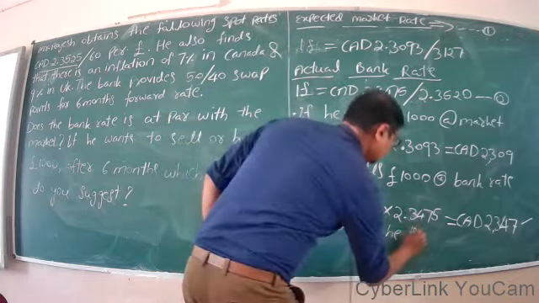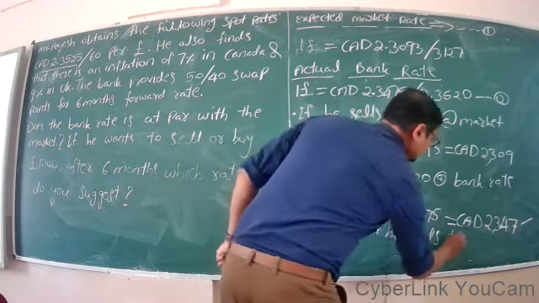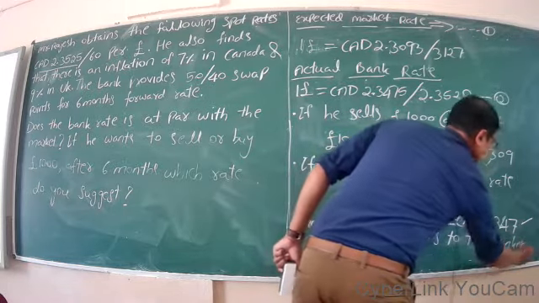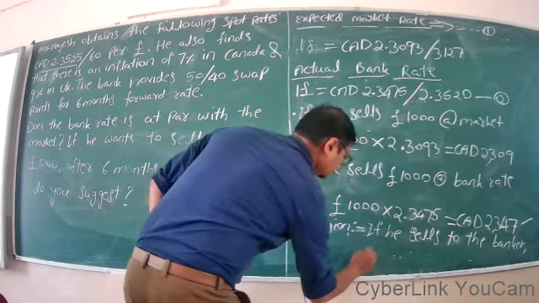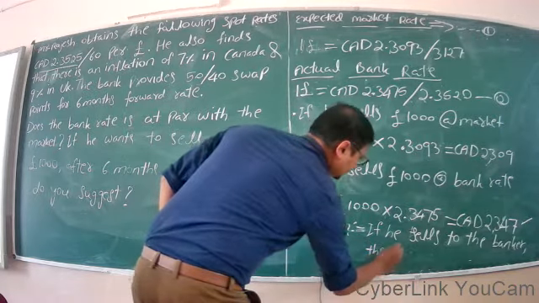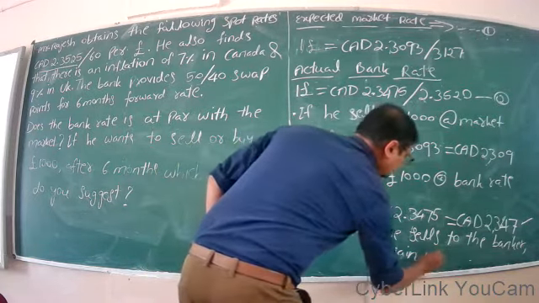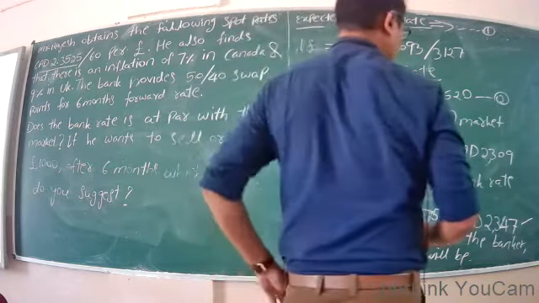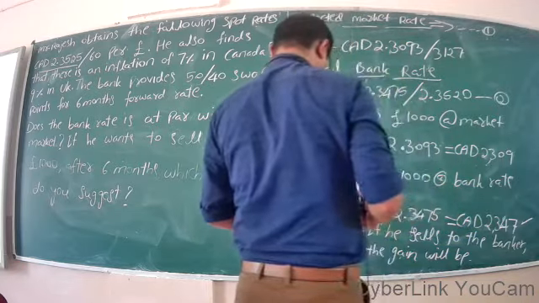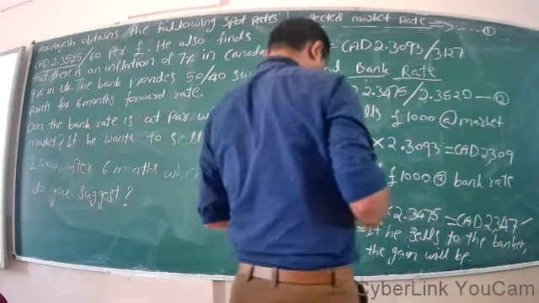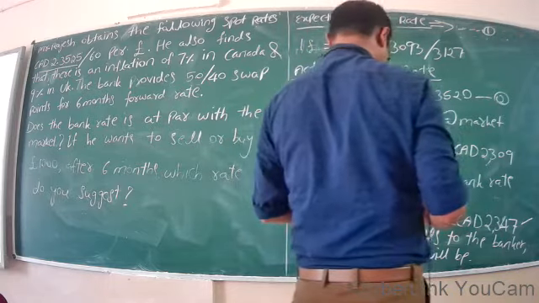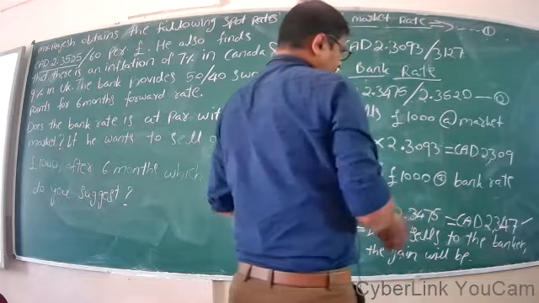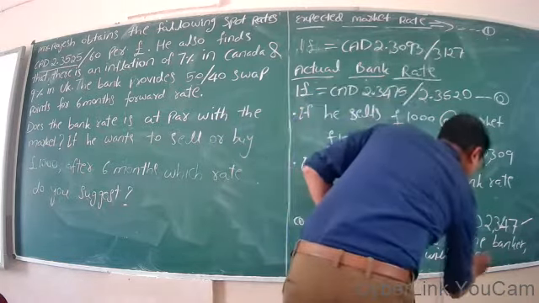If he sells to the banker, the gain will be 38